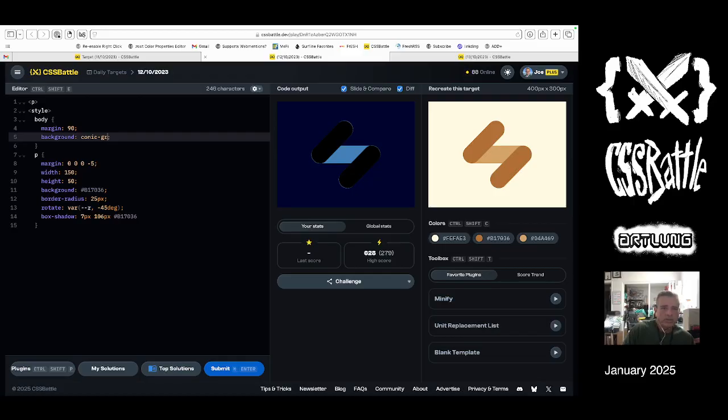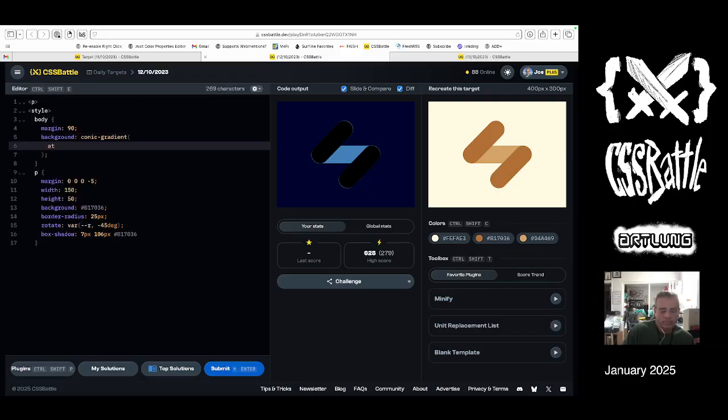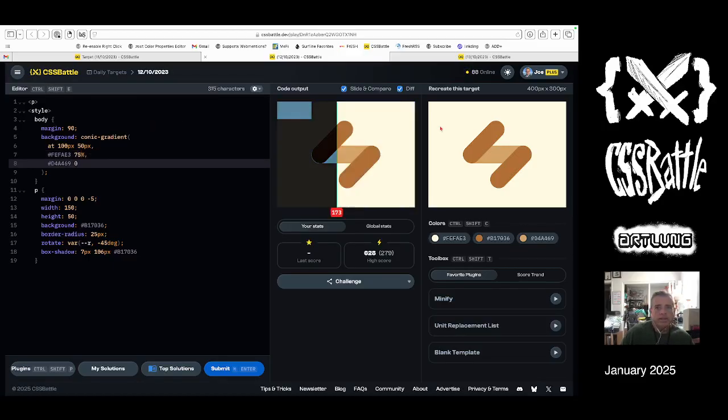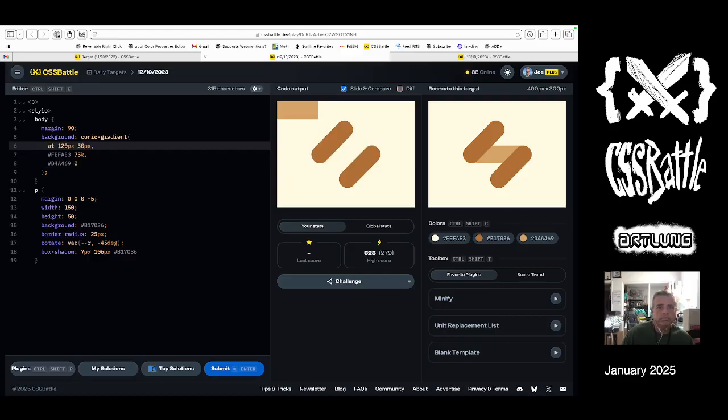So I know that I can do a conic gradient that's at, I don't know, 100 pixels, and I think it's the same height as those guys, so 50 pixels, and the first color is the light color, and it's going to take up 270 degrees, or 75%, and then I can move that into place. It looks like it's probably too short, so probably that's 120, maybe it's the same number, 150. So let's move him into place